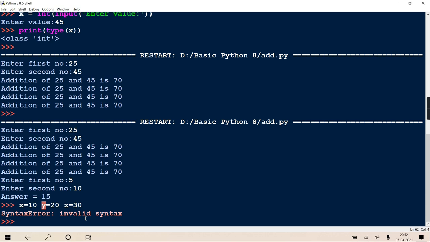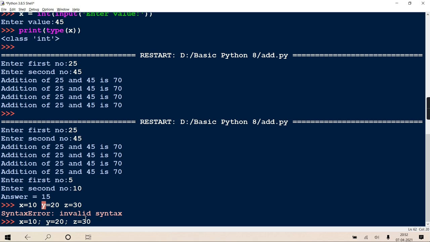So now in this case, how to tell the interpreter that these are three statements? Then you can put a semicolon. Okay, so now the semicolon is actually playing the role not of a statement terminator. It is playing the role of a statement separator. You understanding or no? It is a separator, not a terminator.